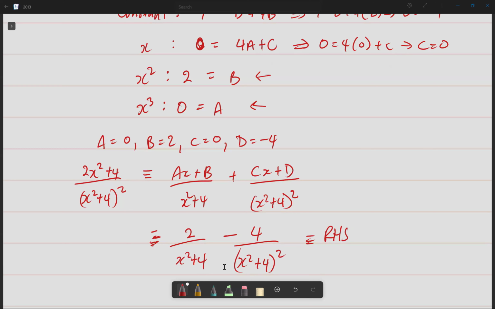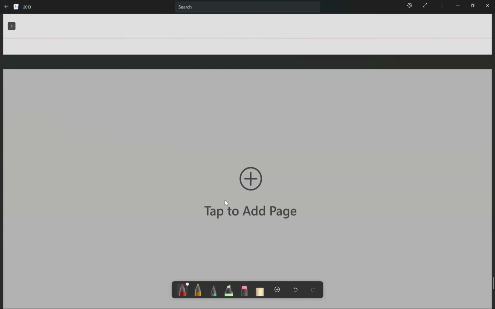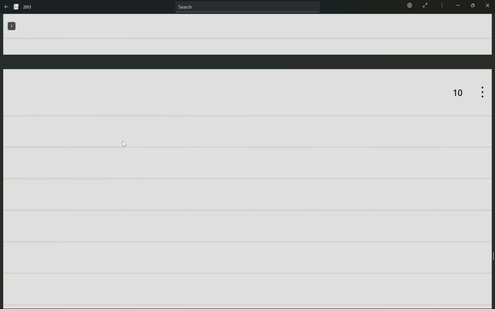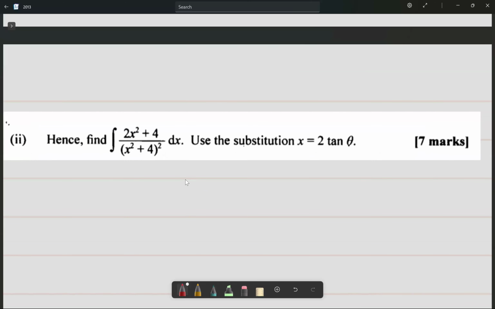The next question is going to ask us to do some kind of integral. Yes, it does. Hence, find this integral using the substitution x equals tan theta. Step 1 is that it says "hence," so whatever you did in the previous question, just rewrite it in the second question. So that means we have the integral of 2x plus 4 all upon x squared plus 4